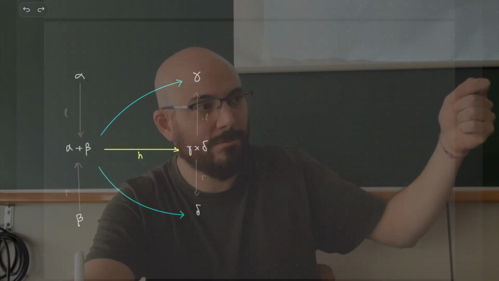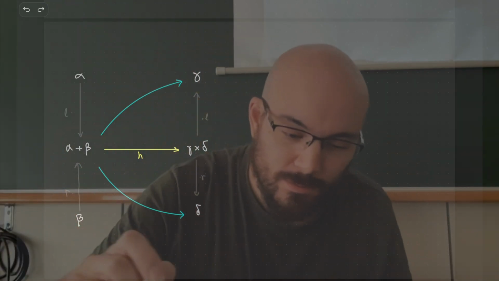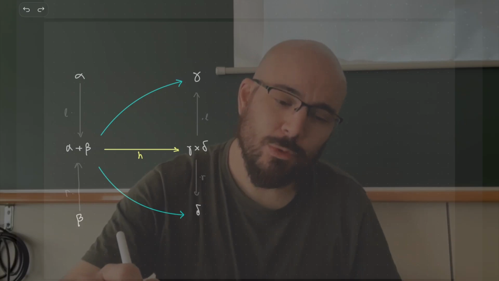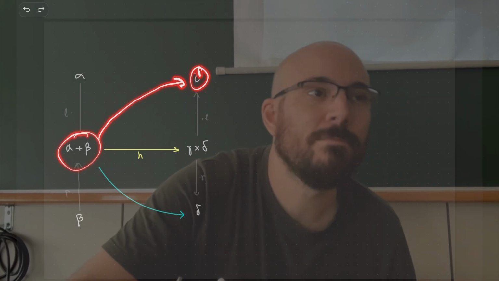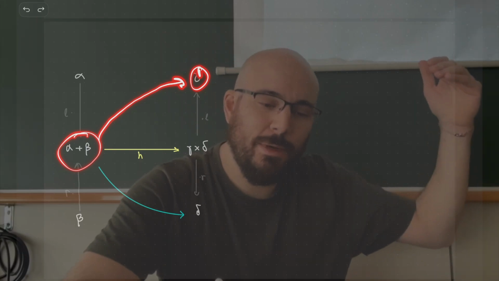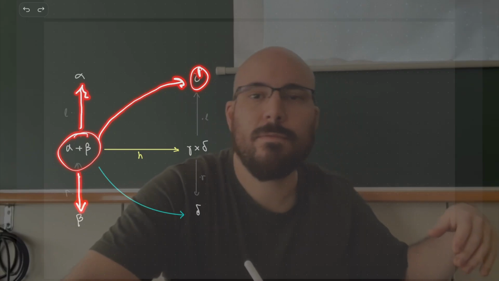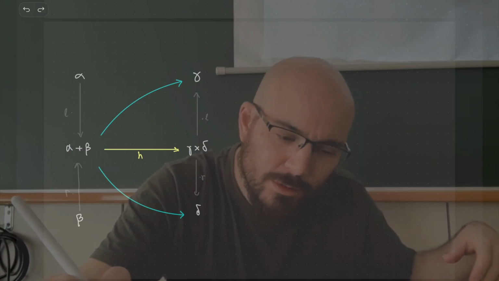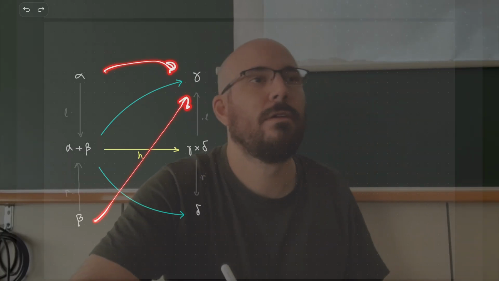What are they? Anybody? Alpha to gamma and beta to delta. We are trying to solve this problem now. I want to go from here to here. So the sum tells me if you find a way, I know a way that I go to alpha and to beta. Okay, so if I have a way to, have I drawn anything wrong here? I think not, right? Okay, so if I have a way to go from alpha and like that, I can put this together,